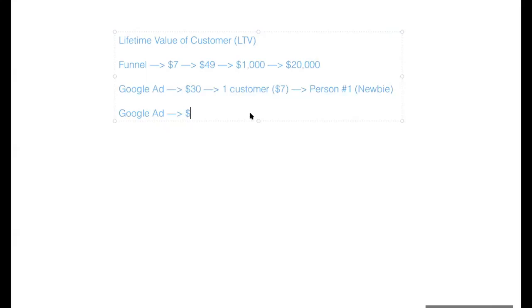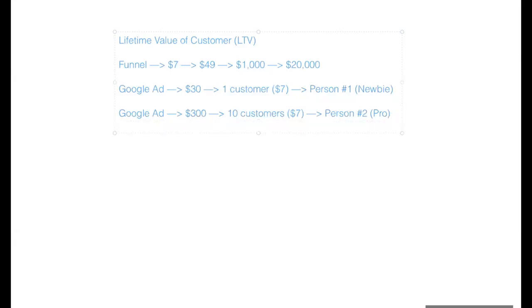For the sake of ease, let's just do $300, and this gets them 10 customers on the front end, $7 customers. And this is our pro. The newbie gets one customer for $30, makes a $7 sale, so not great. They literally just lost $23.